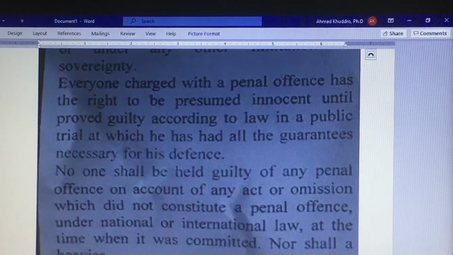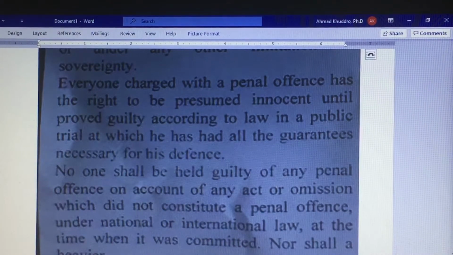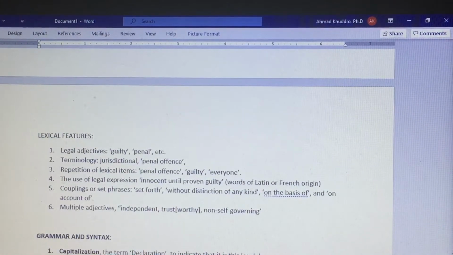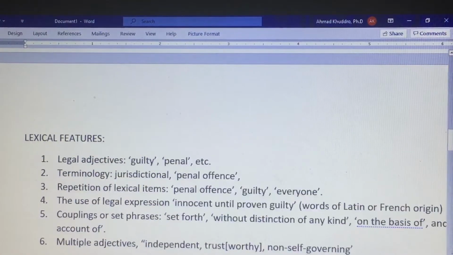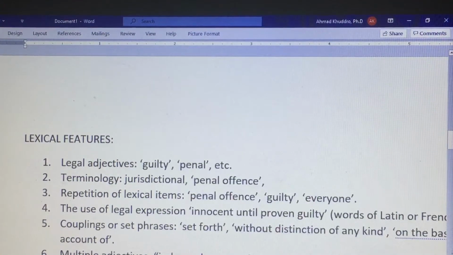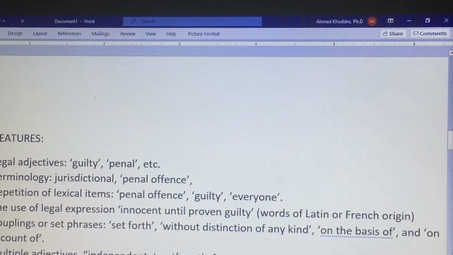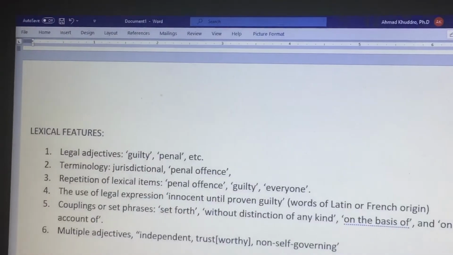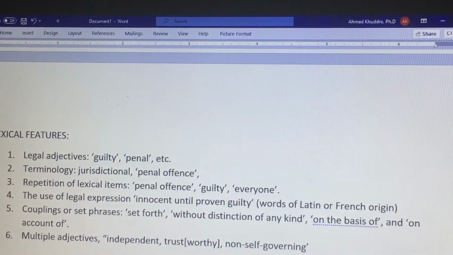Now, having looked at this text earlier, in the earlier episode where I explained some of it, I'm going to go into details in analysis as to what are the important things to look at and identify in the text that we have seen. And you can see here, I am just trying to repeat myself in a way, and say that we see the lexical features used in the text that I read earlier in the previous